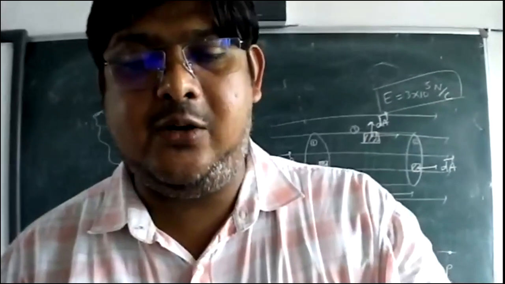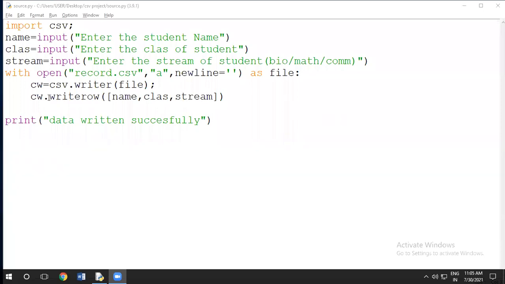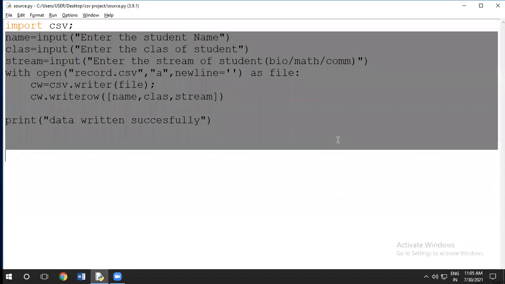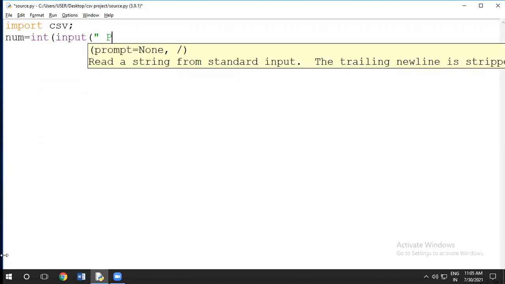So we are going to see how to write a table in an Excel sheet. Come here. What do we have to do? Instead of all this, we have to take a number input. I will tell the user, num is equal to int in the bracket input, and I will ask please enter the number.